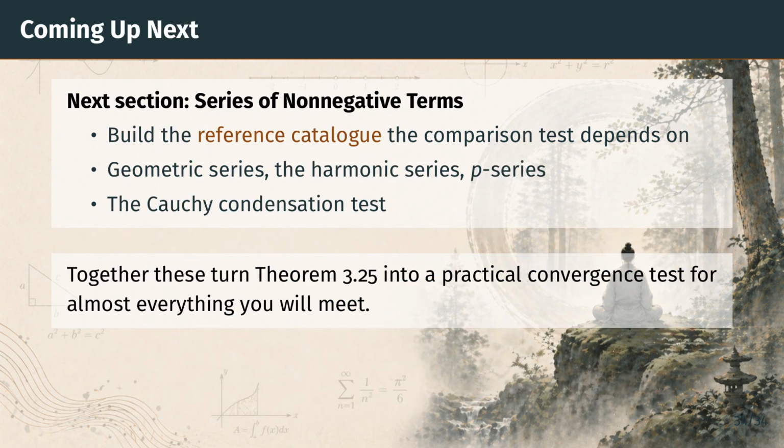Coming up next, we cash in on Theorem 3.25 by building the reference catalog it depends on. We will pin down the geometric series, the harmonic series, and the so-called p-series for various values of p, and we will prove the Cauchy condensation test, which links the convergence of a series to that of a sparse subseries. With those reference series in hand, the comparison test becomes a